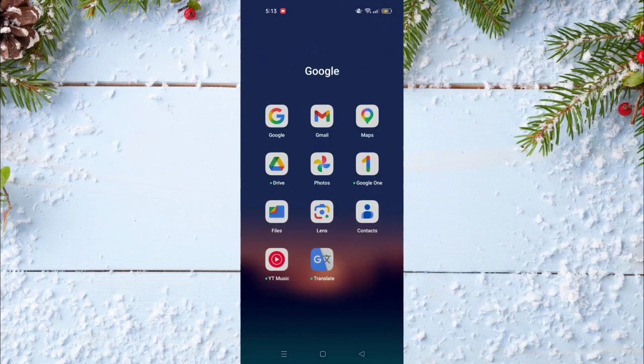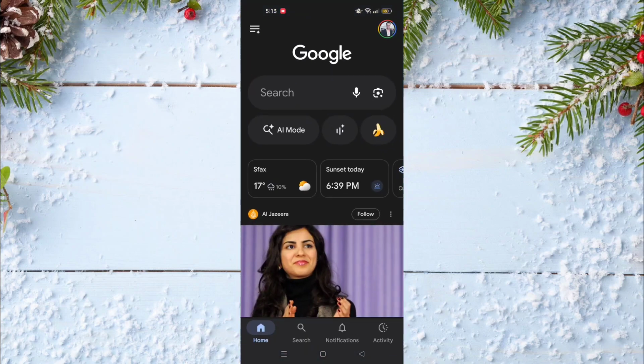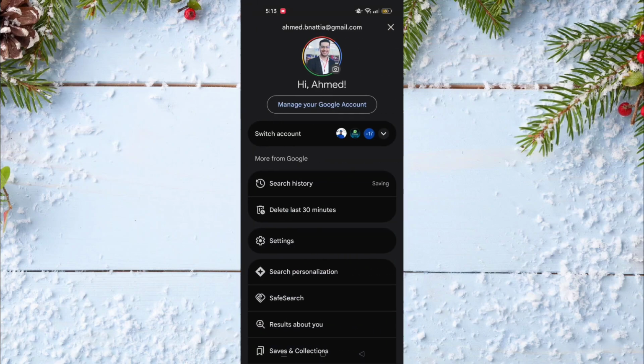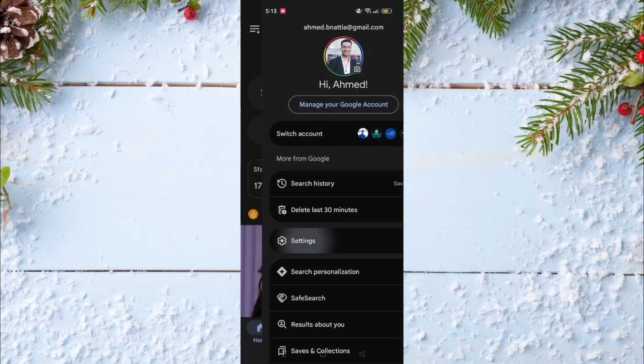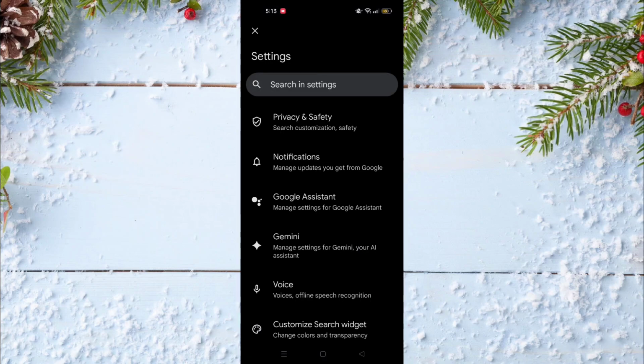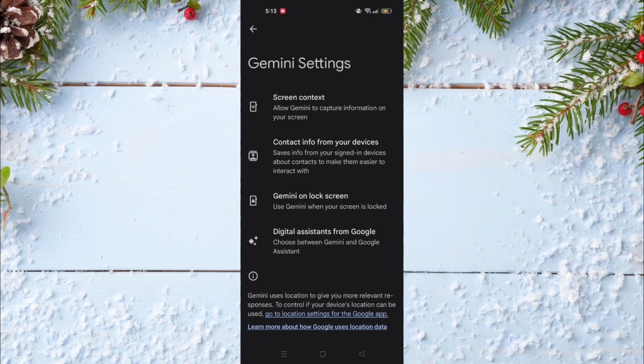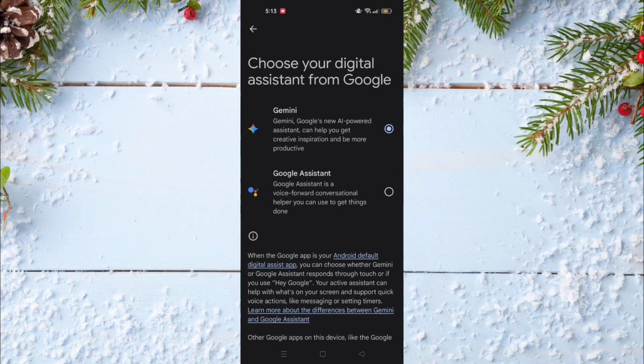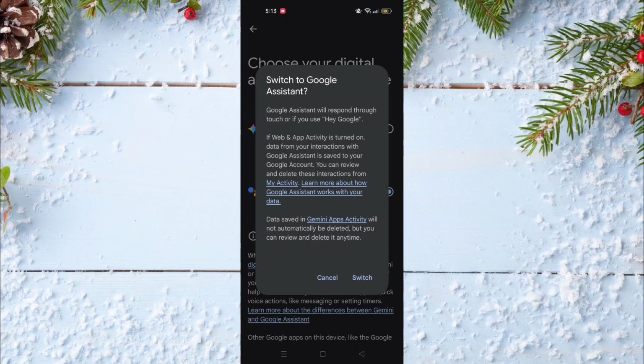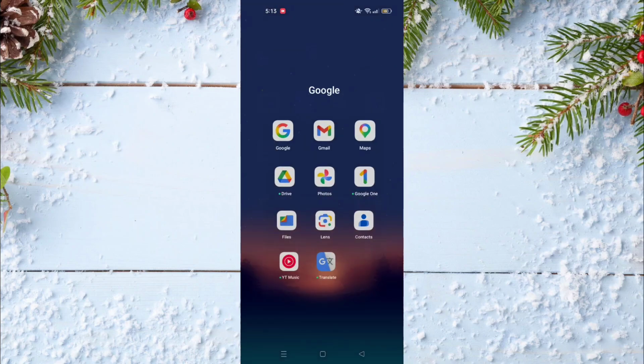You just have to open the Google app, and after that click on your picture on the top right of the screen. After that, go and click on settings, and here in settings go to Gemini, and on Gemini scroll down until you find an option called Digital Assistants from Google. Click on it, and if you find it in Google Assistant like this, you just have to